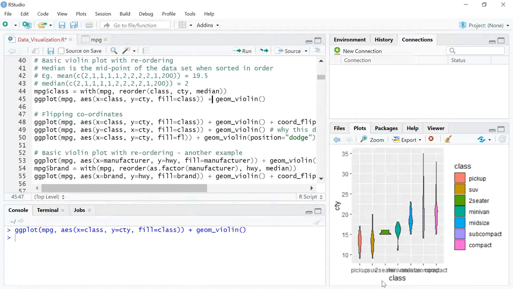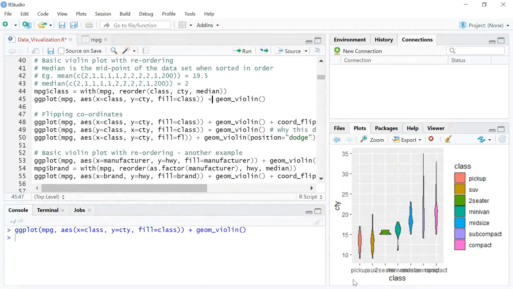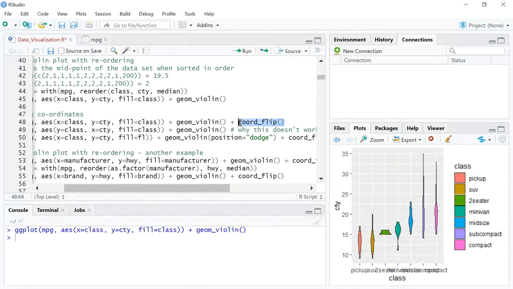Now, when we run this, you can see on the bottom right plot, you're not able to read the x-axis properly. It's because each class is slightly bigger, and you can't compress all that data in such a way that the labels can be properly read. But if you zoom out, it's easily readable. But let's assume a case where the x-axis labels are big enough and you can't fit them properly onto a single view. So in that case, what we do is we use the quad_flip function.